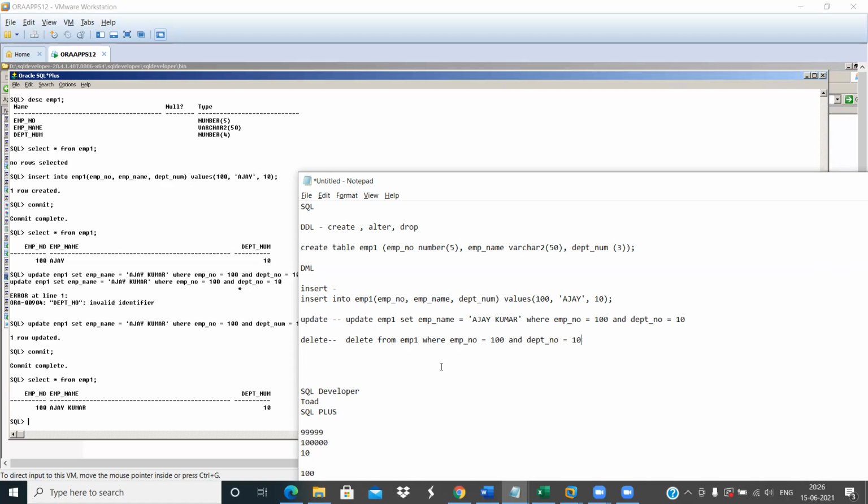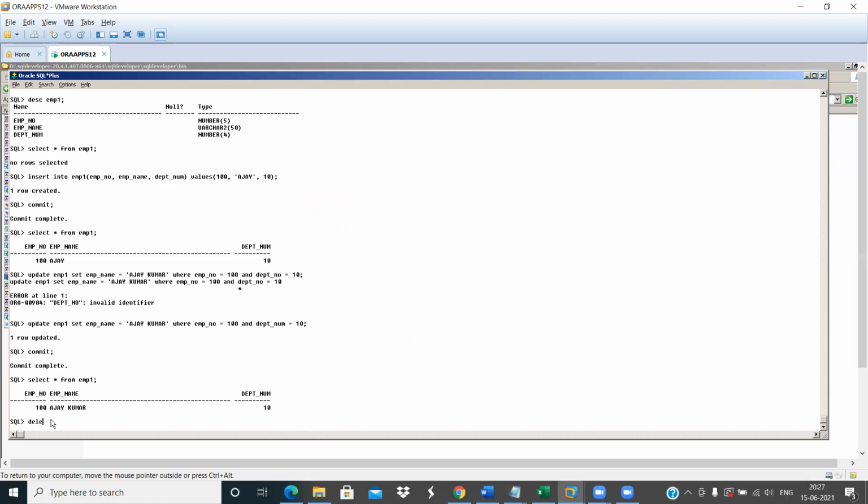So this is how we can write a delete statement. If it is one record, don't bother about the where condition and all. Just execute this statement alone. That is more than sufficient. It will delete everything. Delete from employee one.